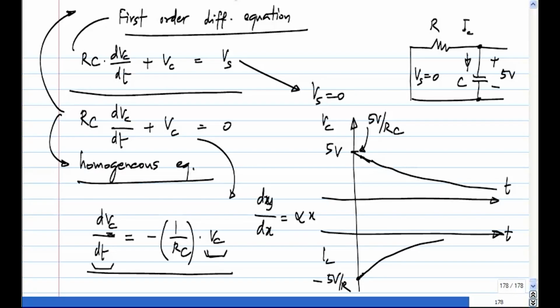Y equals exponential of alpha x. Okay. So the derivative of an exponential is an exponential. That's actually a very significant thing. So the solution to this, as all of you easily guessed, is